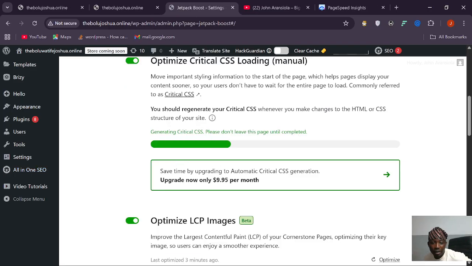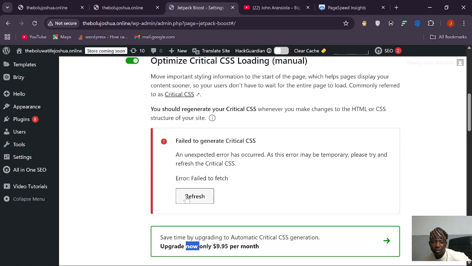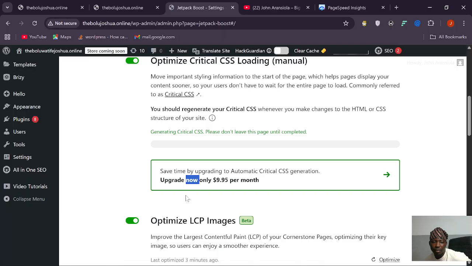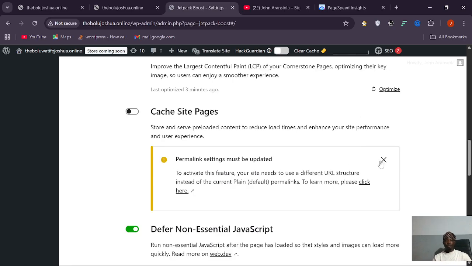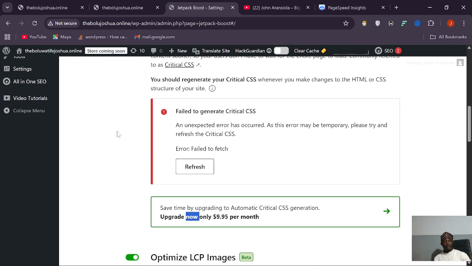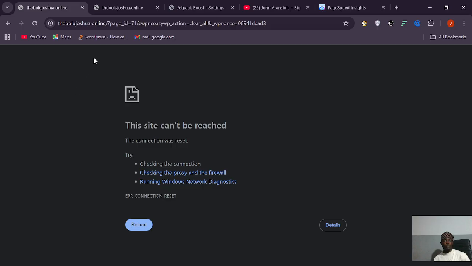Is there a way I can cancel this regenerating? There's fire on the mountain. This is what is not letting us do what we want to do. So okay, let me just stop